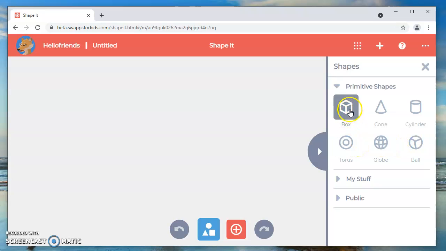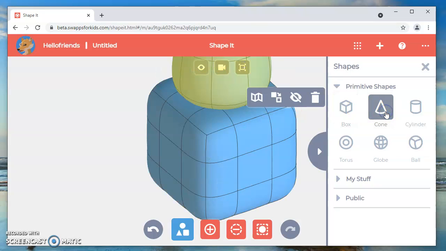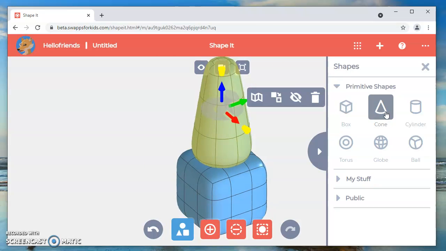So I'm going to choose a box, and I'm going to choose a cone, and those are going to go on your drawing board. Now to get out of this side panel here, you're going to click on this X right here in the corner,